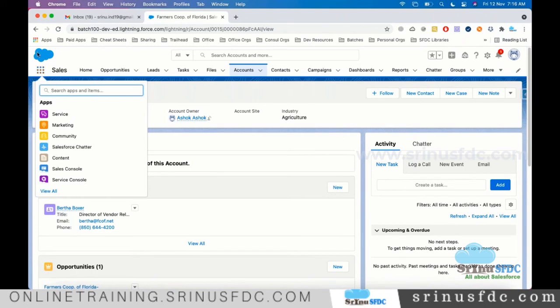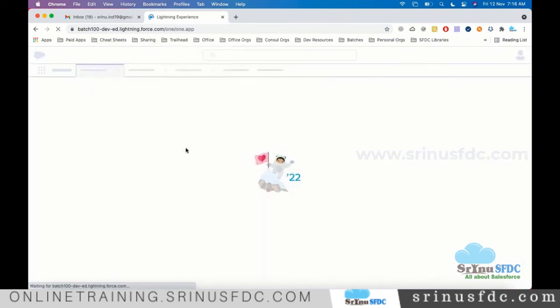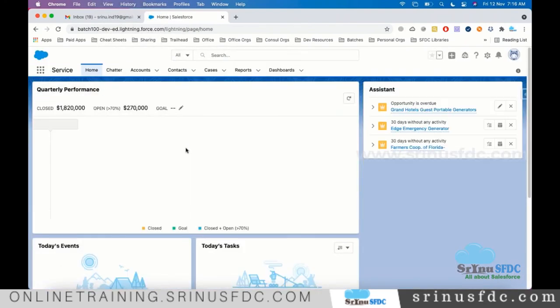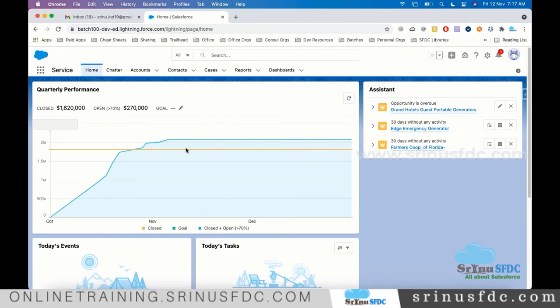Now I'm trying to open the service application. Click on the service application. So this is the service application.